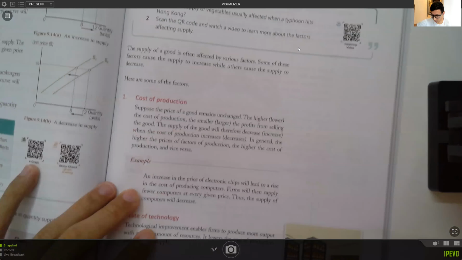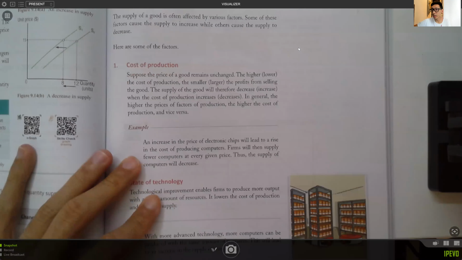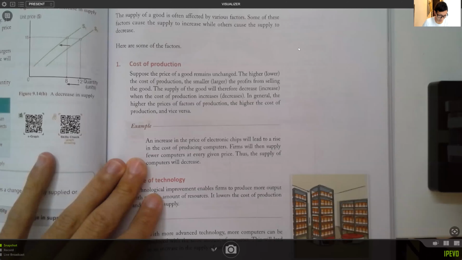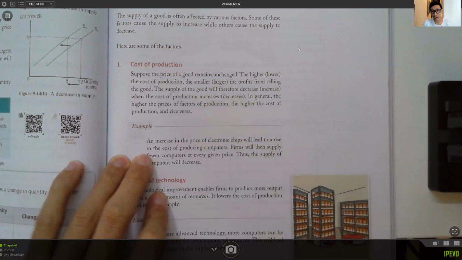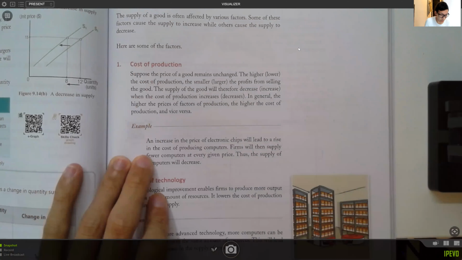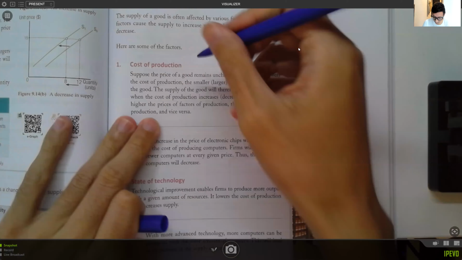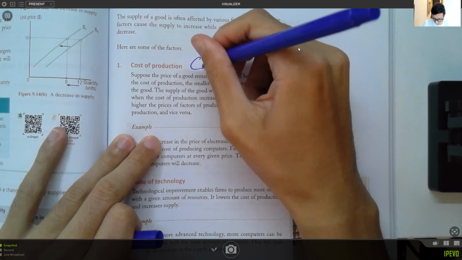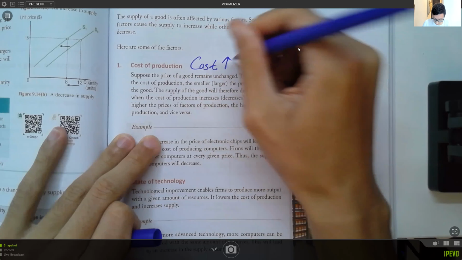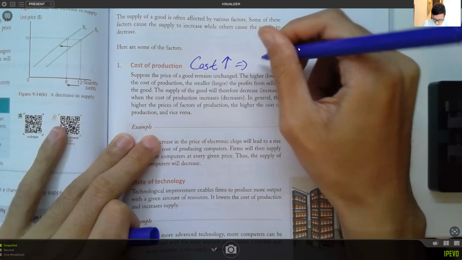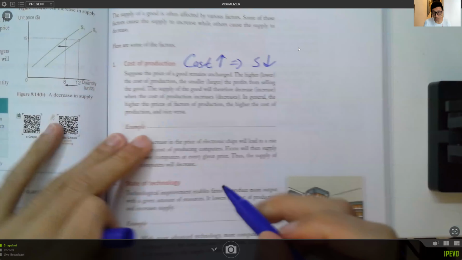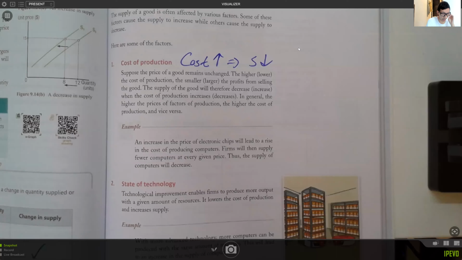Now you will see the first factor, which I think most of the questions would be based on, would be the cost of production. Basically, 我哋唔好寫咁多啦。Higher the cost, then lower the supply，係咪？成本越貴，梗係 supply 越少啦。